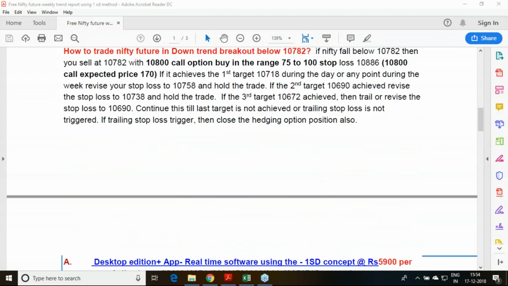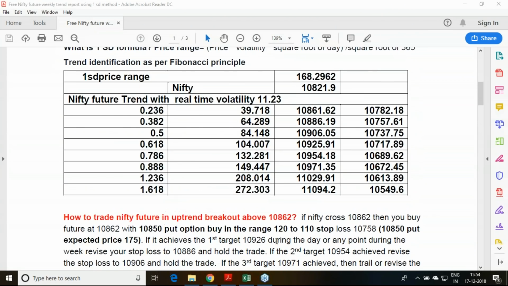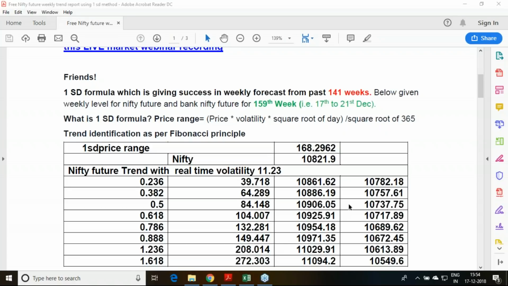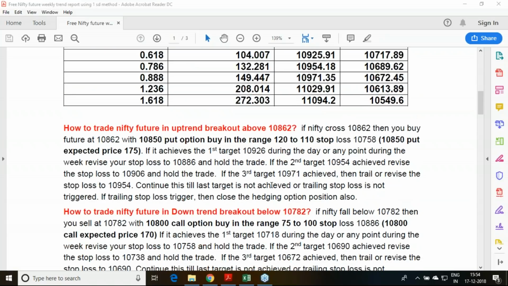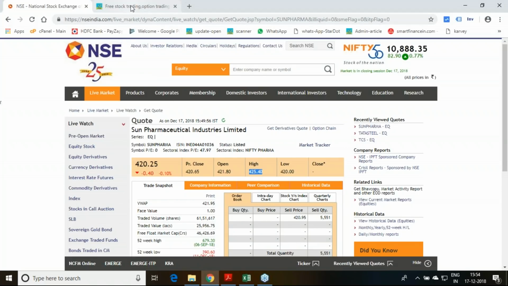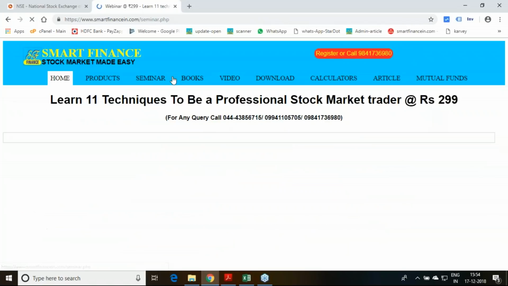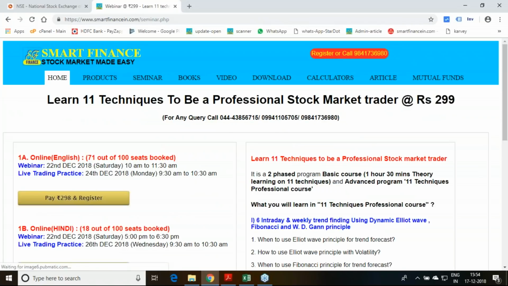All these methods, why we advocate them: these are all mathematical methods. There is a definite calculation behind them, and hedging adds one more step to your trading to make it more refined. In this regard, we have been conducting a series of webinars and online programs to motivate